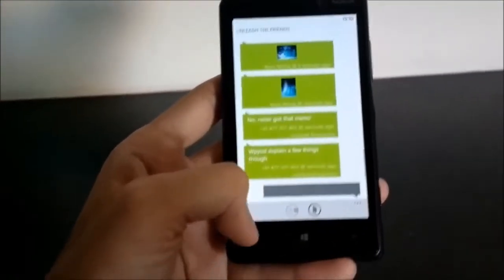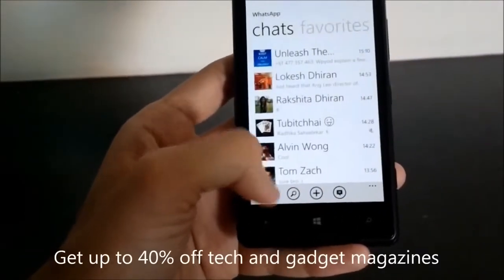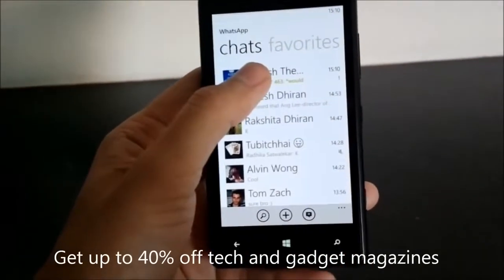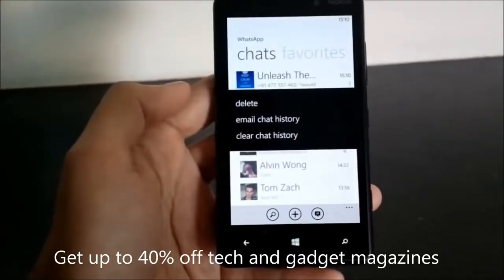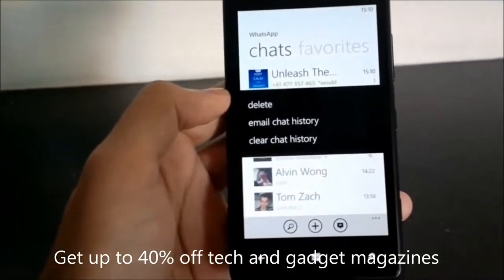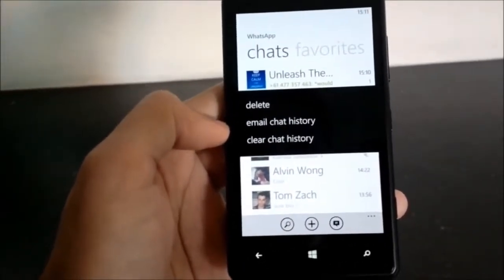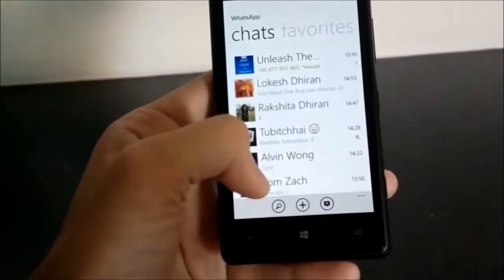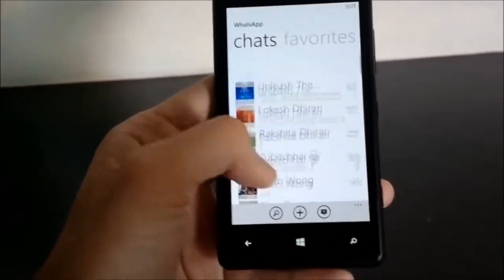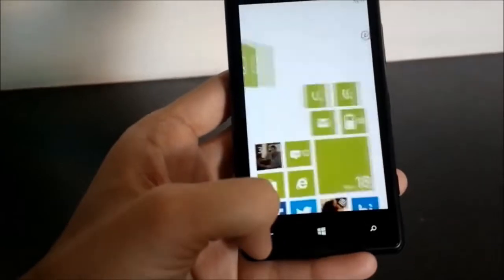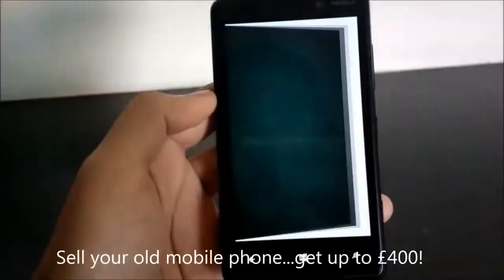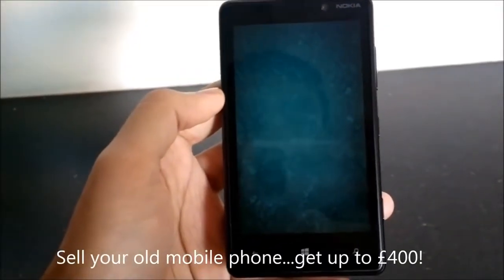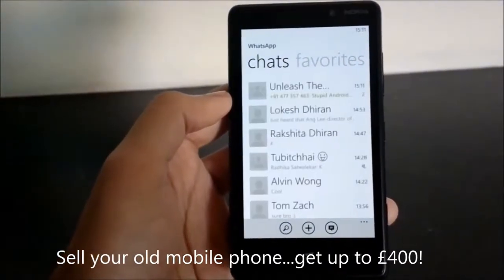So there you go. This is basically more or less it for the WhatsApp for Windows Phone. Long press the chat and you can delete the chat. You can email the chat history, or you can just clear the chat history. And I guess that's it. I can just show you the start times again. It is